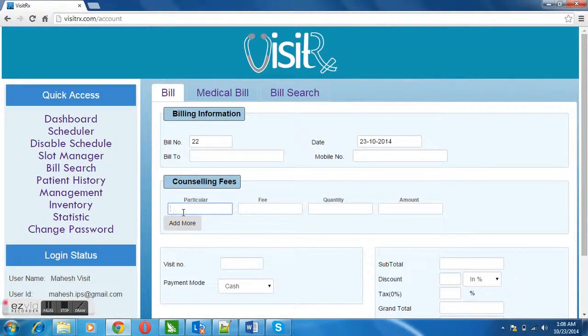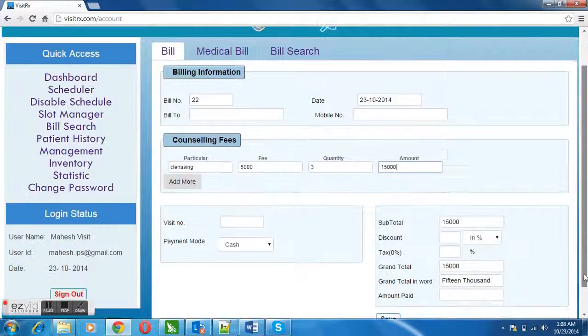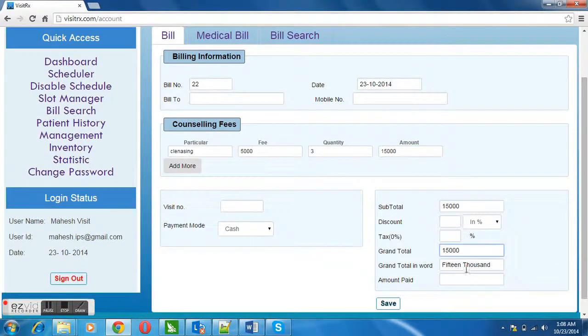So like here, if the doctor has done some kind of cleansing for any of the patients, the fees can be mentioned here. Based on the quantity, the grand total will automatically be calculated. If the doctor wants, he can provide some discount here, and as you can see, the grand total is automatically getting calculated based on the discount and the taxation part of it as mentioned by the doctor or the clinic